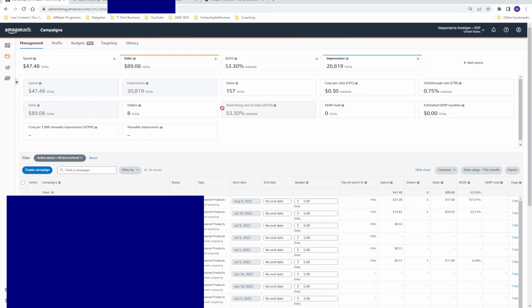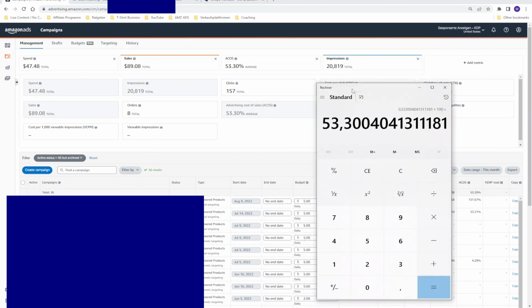But what does ACOS mean and how can you use this metric to make a statement if your ad campaign is profitable or not? You always have to compare your ACOS with your profit margin. Okay, so for example, we do the math.